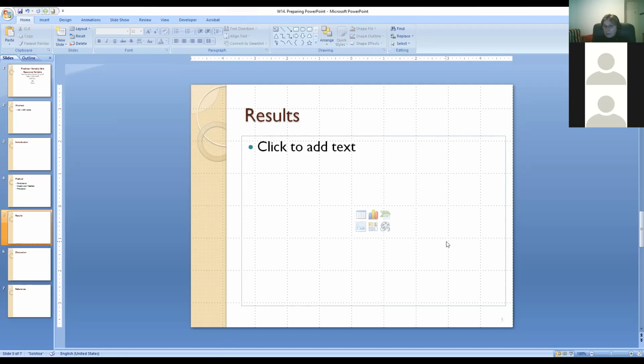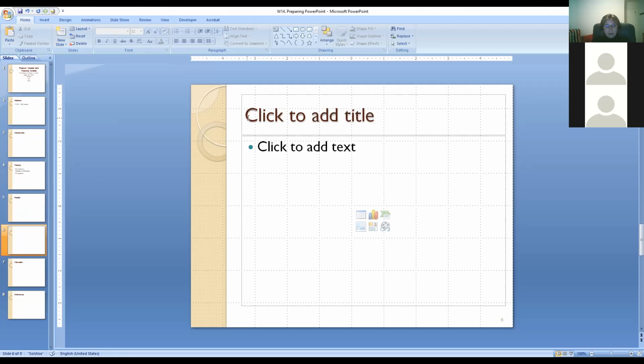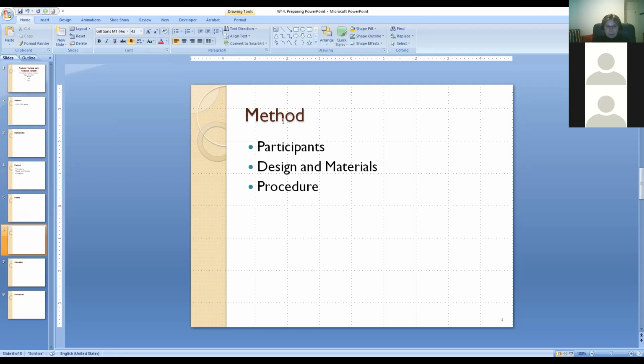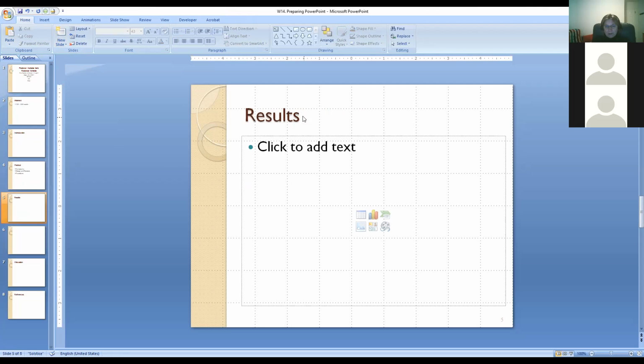So for example, in the results, we may want to have 2 slides. So let's add another slide. Okay, go back, results. And again, there's a little bit of flexibility here.